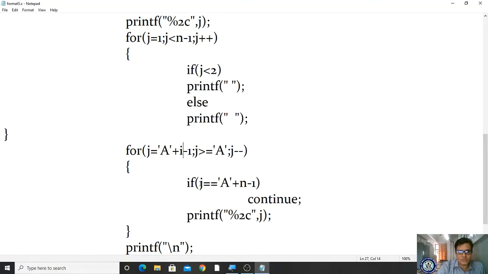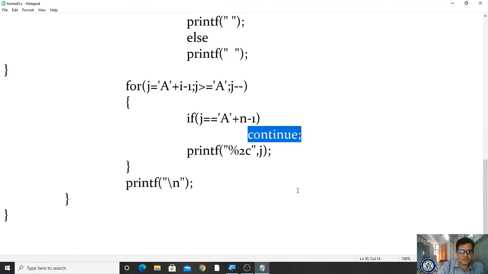If condition is true, I am writing one more condition. Okay, if j equal to a plus n minus 1, a means 65, 65 plus n, 70, 69, right? So now what is the value? Condition true. If the condition is true, it continues. Okay, clear? Likewise it will evaluate, so you have to give more attention.